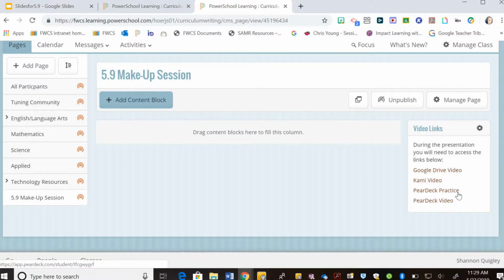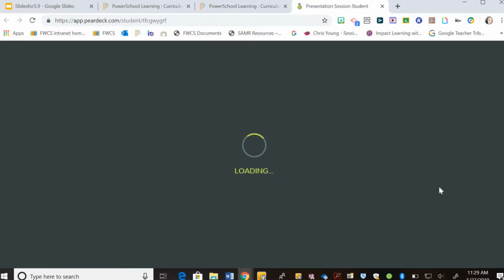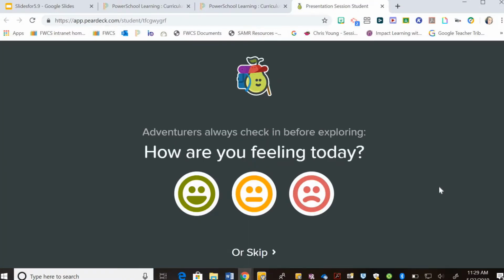And before we tell you too much about what Pear Deck does, we wanted to give you an experience with Pear Deck. So if you click on your Pear Deck Practice, you may need to be logged into your Google account to do this. So if you have not gone through that step of logging into a Google account, you may need to go back and watch that Google Drive video to get access to this. But once you're logged in, or you can always go back and do this later, you'll get some access to